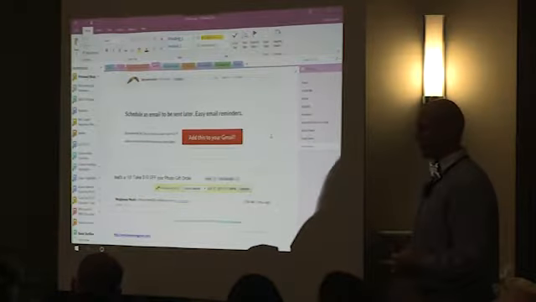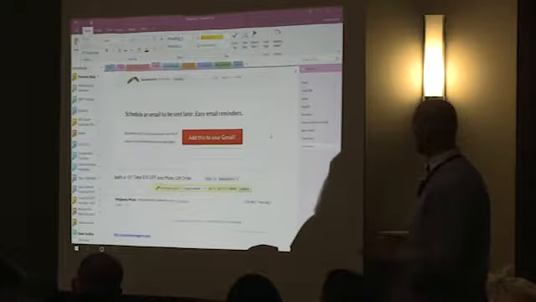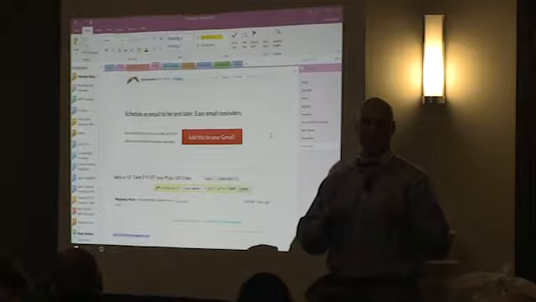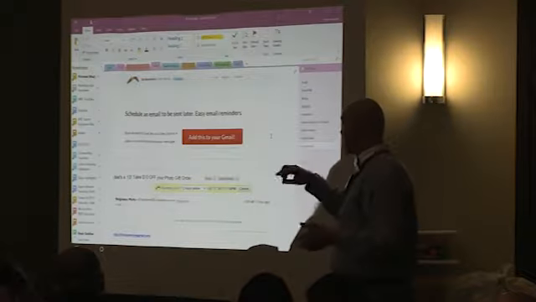The last one is Boomerang. Boomerang is nice. You can schedule your emails. So I'm writing at 3 in the morning, and I don't want these people to know that I'm awake drinking coffee at 3 in the morning, so I can schedule it to go out at like 7, normal people time. Or I can get it out of my inbox and say, come back in 24 hours. I know I need to deal with this, but I don't want all these emails in my inbox. So I can just say, come back in 2 days.